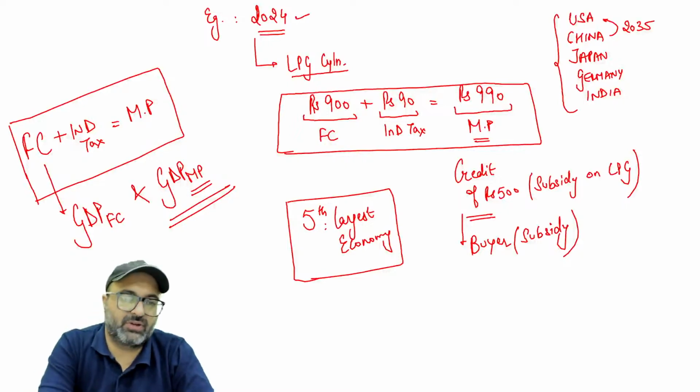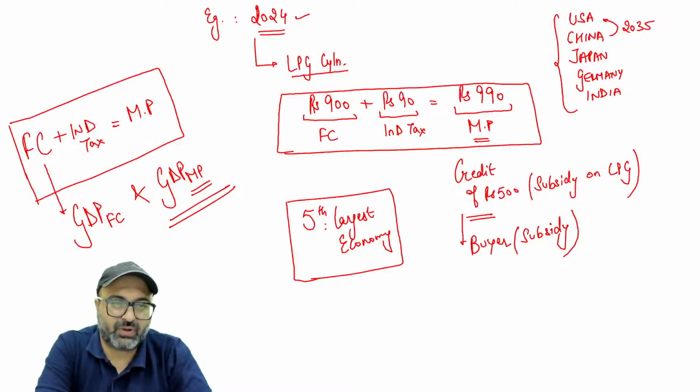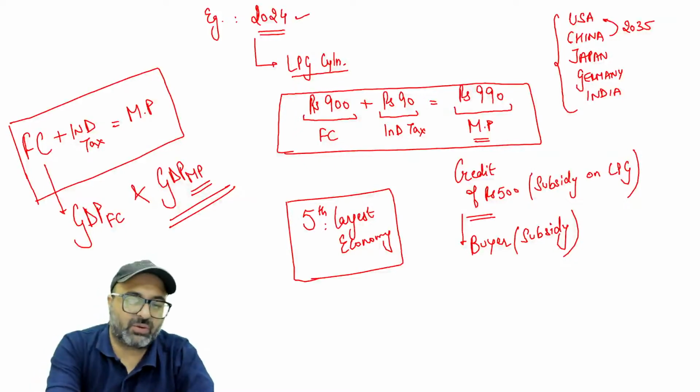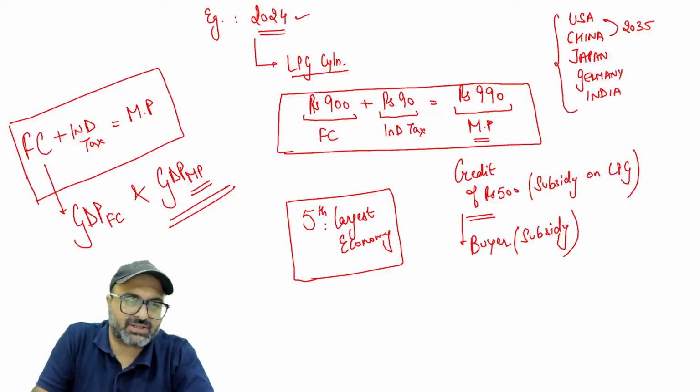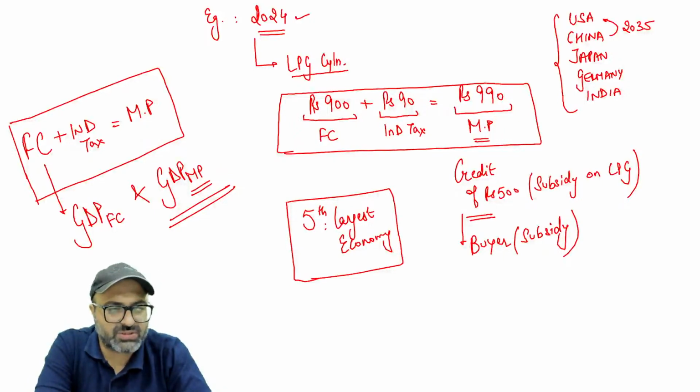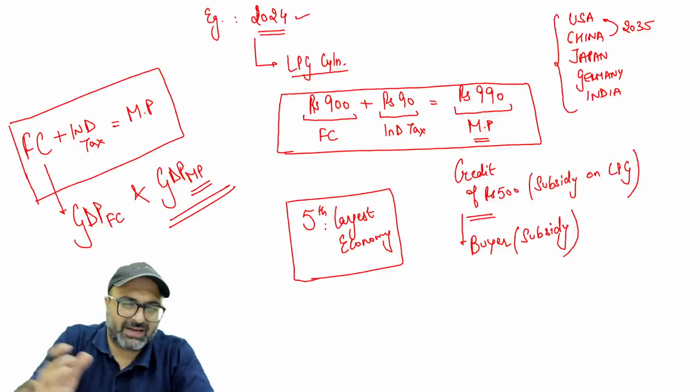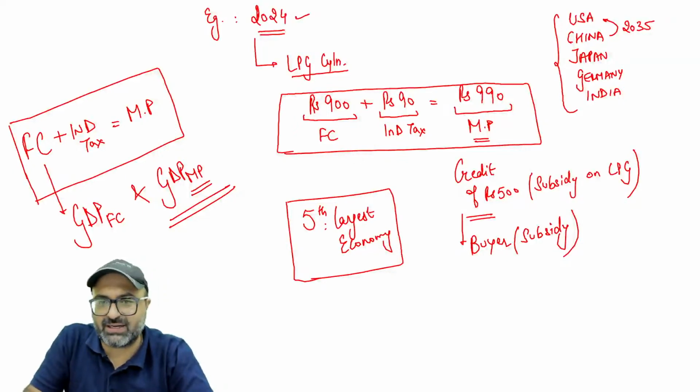Not only this, there are also predictions related to Indian GDP. India will become the world's third largest economy by 2030. Some reports estimate that India will become the third largest economy even earlier, by 2027-28. These predictions are made by different authorities, but the majority says India will become the third largest economy by 2030.